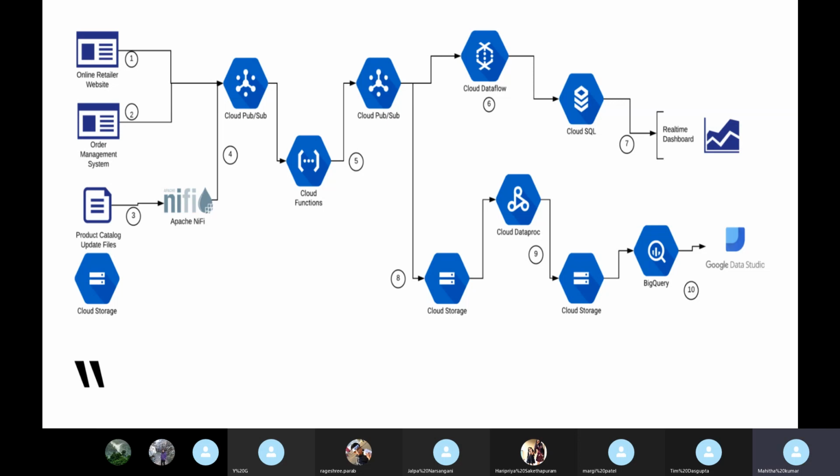So here the job of the Dataflow will be aggregating the daily sales of the online retailer. It will process the data, it will aggregate all the data, and then by using the Cloud SQL database, it will send it into the real-time dashboard, and then we can see how the data is being processed through the output.